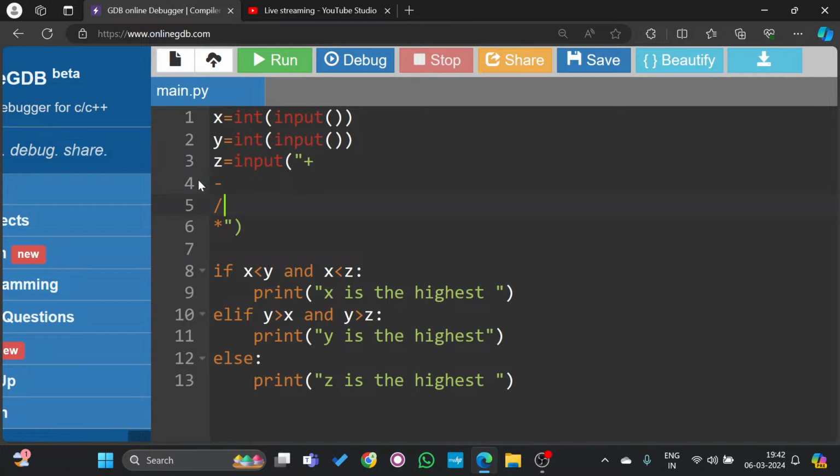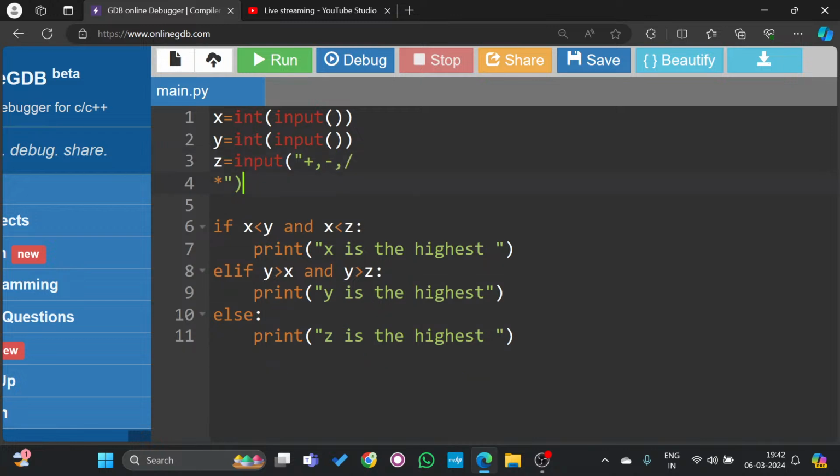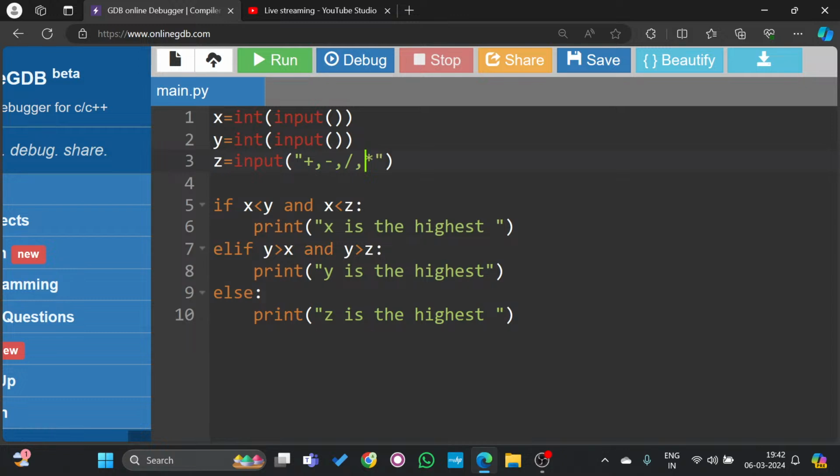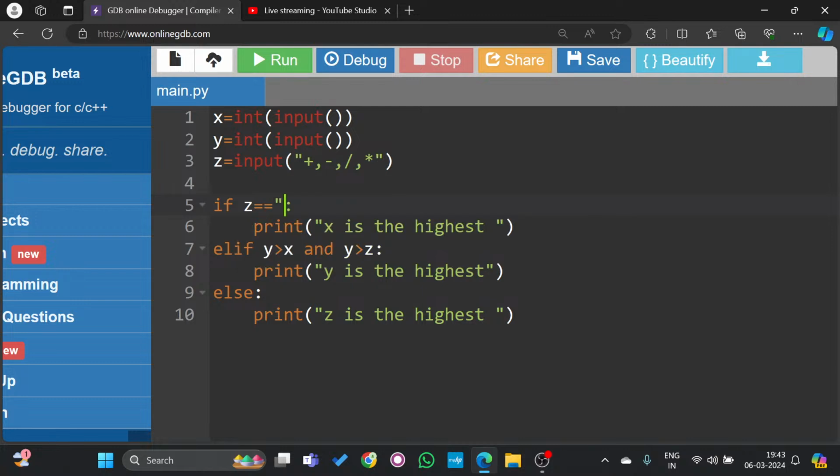Okay. So what am I doing here? I am taking two integers from the user and I am trying to take another string also, which is basically consisting of different operators. Now, what am I doing? I am checking in the condition. What is it? If the value of z is equal to